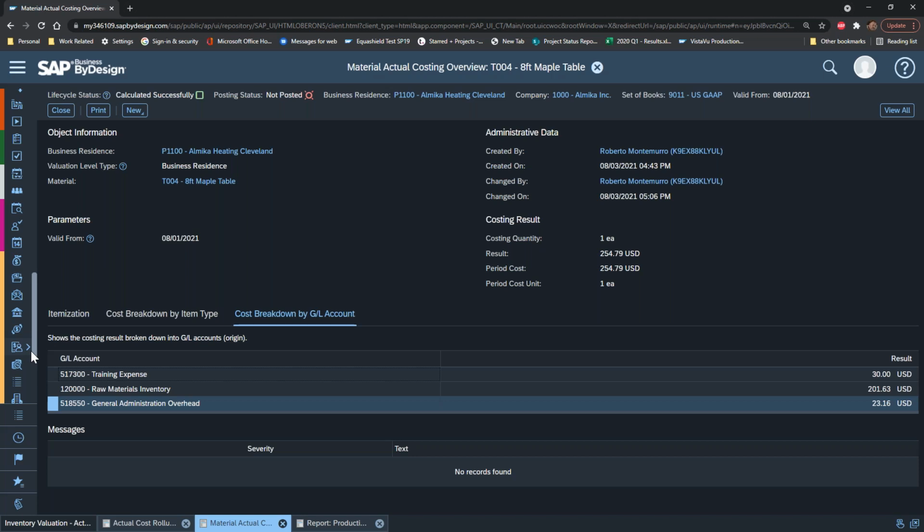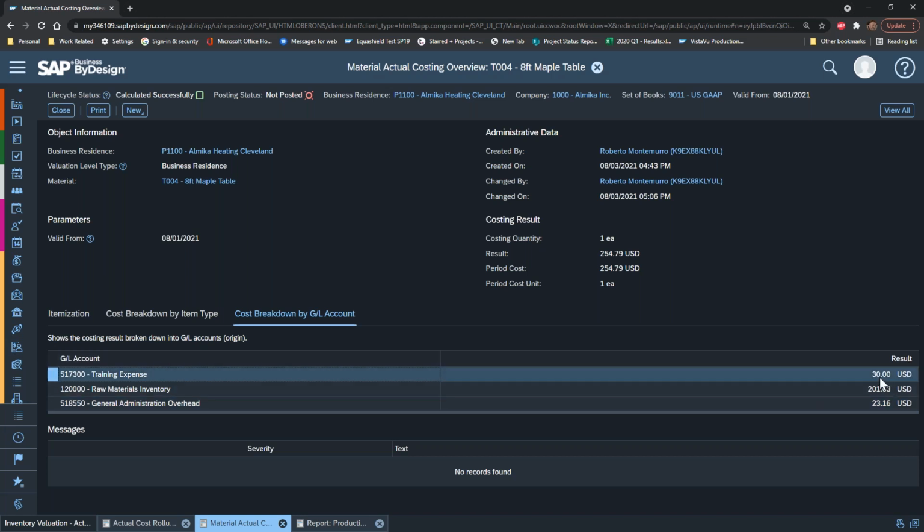This could be an overhead allocation run or some sort of distribution run you're generating in the system to distribute from a cost collecting work center into a bunch of other work centers based on some sort of mathematical formula. So however it gets there, it doesn't really matter. And in this particular case, I manually put in a journal entry for $30. This maybe makes more sense if this was a salary account, but whatever you want to essentially capitalize into your actual costs,